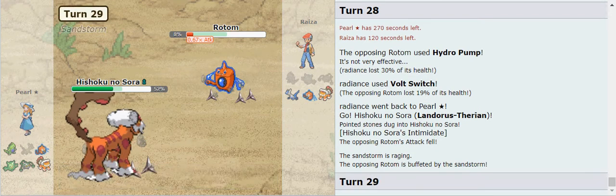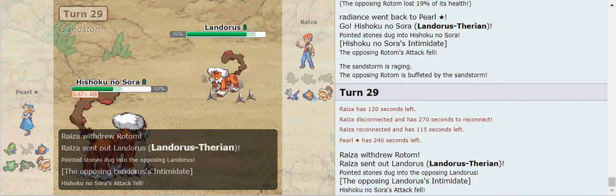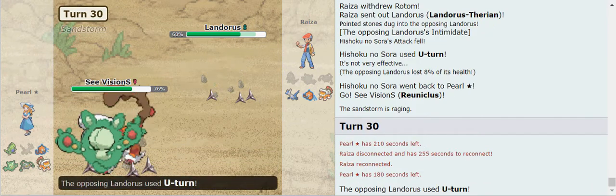And now the Landorus comes in here, and it's locked in the Hydro, but he's going to actually go Landorus of his own. Is it going to be Hidden Power Ice? No, it's going to be a U-turn. So it looks like Pearl is in a pretty commanding position still with this Rio Nicholas, but Latios is actually very